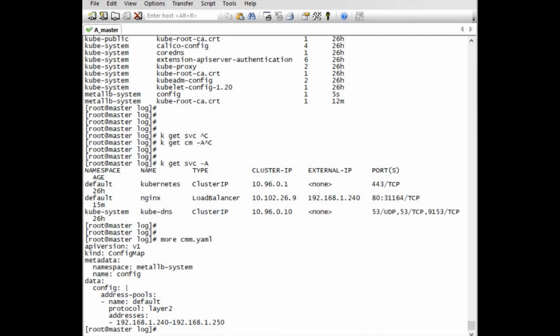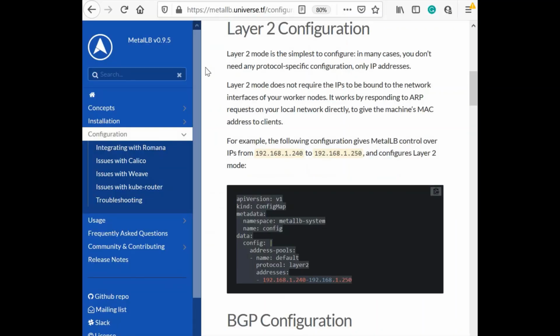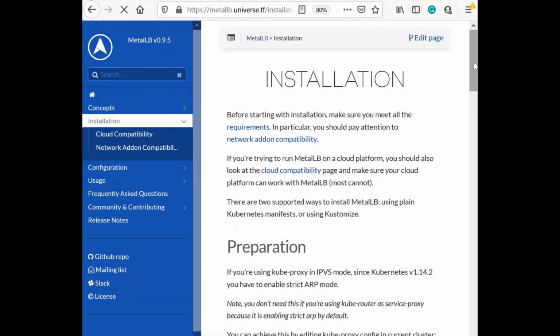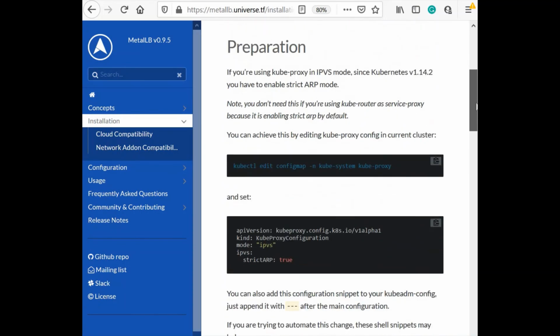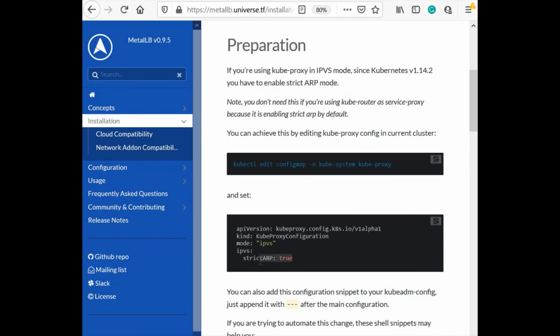So let's summarize the steps we did for the Metal LB installation. We follow the site metallb.universe.tf. Just Google it and you will get this page. First, do the installation. In the installation part, first is preparation, where we need to enable strict ARP true, but it can be done only if we are using kube-proxy mode IPVS. Here we are using the default mode, so we skip this step.